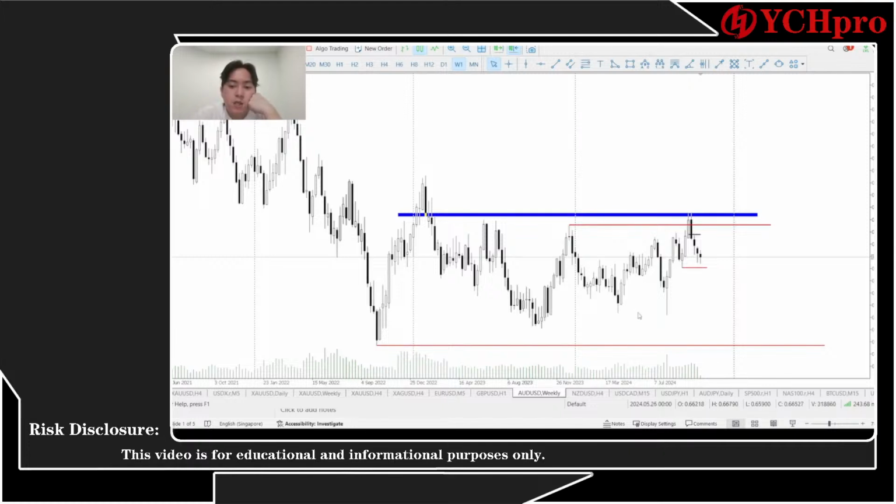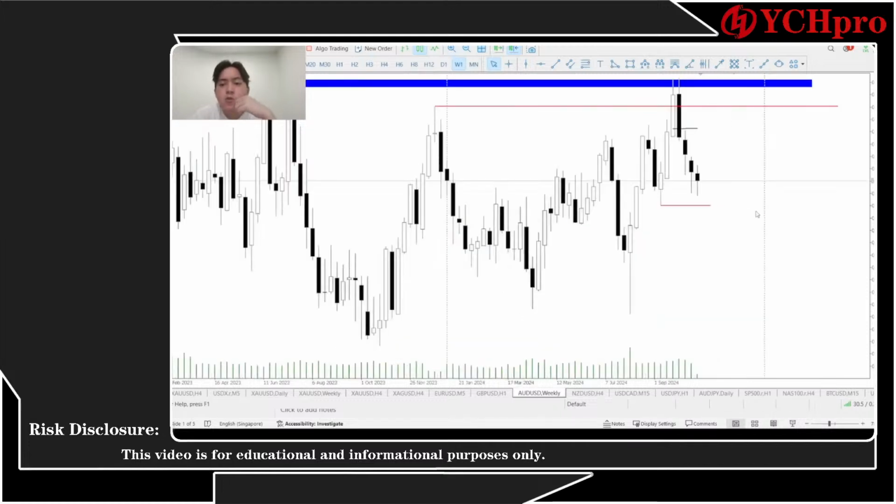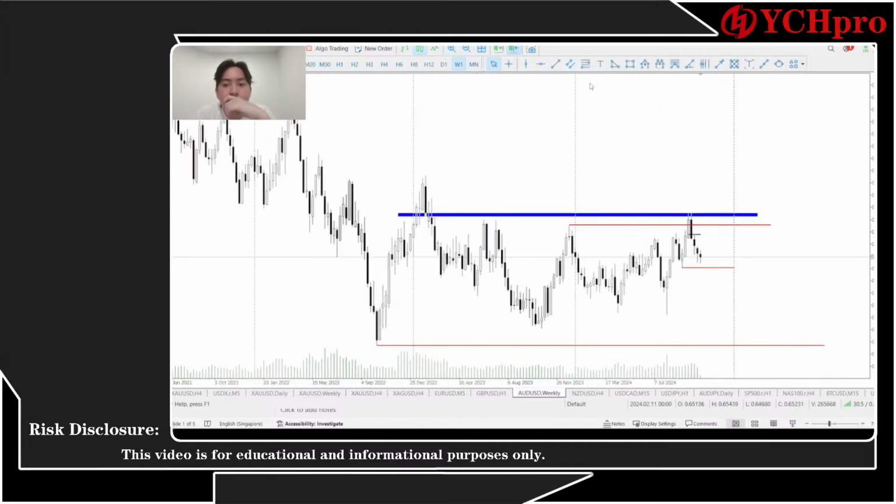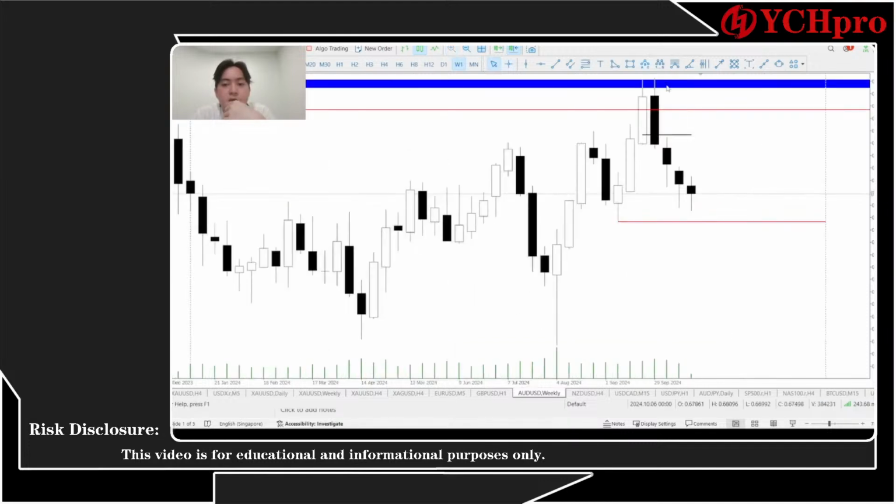Okay, so you can see this is actually a manipulation, displacement breaking through, grabbing liquidation. So right now it's actually a rebalancing phase. Not so sure if it's possible that the market is going back to this level. My expectation is that the price might go back to this level and then likely range back. But this is actually a fair value gap area. Let's see, is it 50%? Okay, it's actually quite near 50%, so there's a chance.